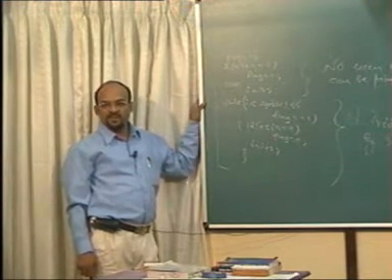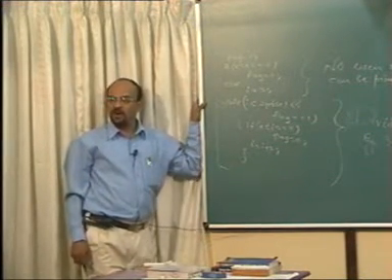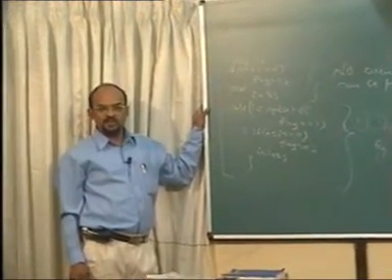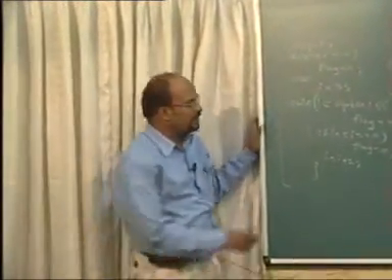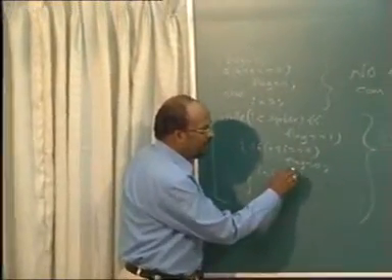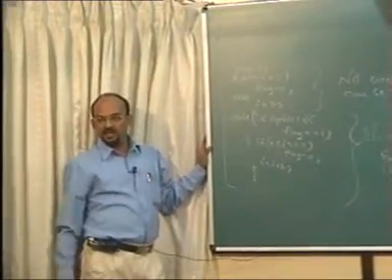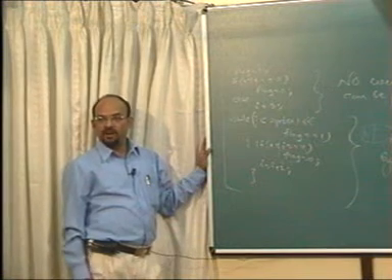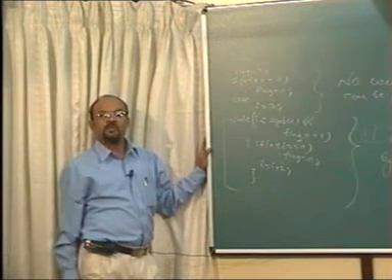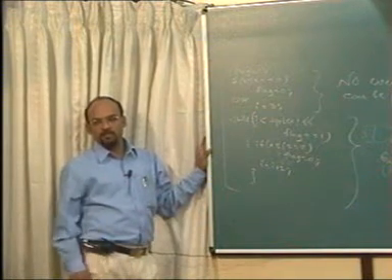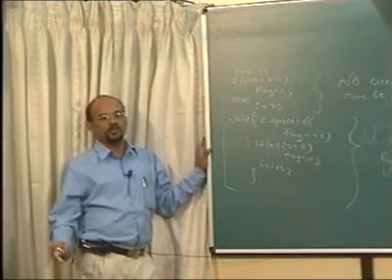Interesting thing is, this particular program can be modified to print the factors of n, or all the divisors of n, because I can simply put here printf I. So whenever the number divides n, I will print it, and I can give you all the divisors of n. Of course, finally I will say that it is not a prime, if I could print something.